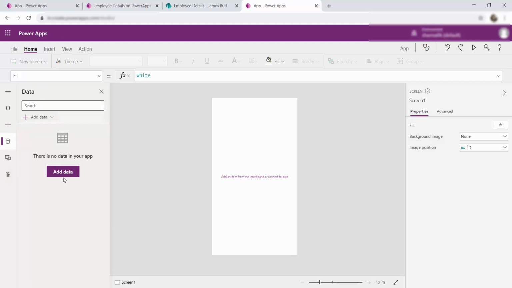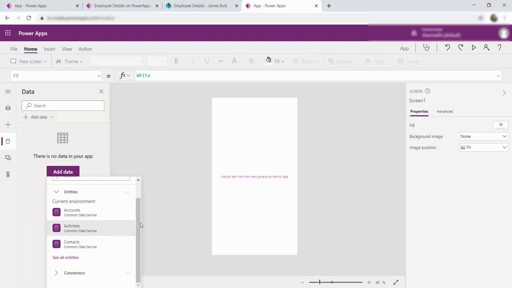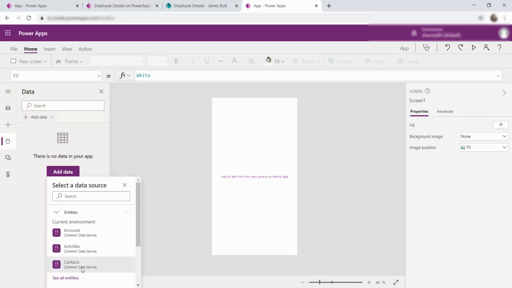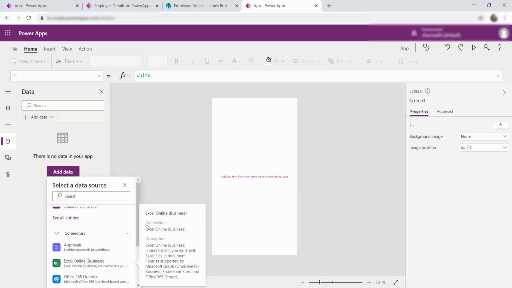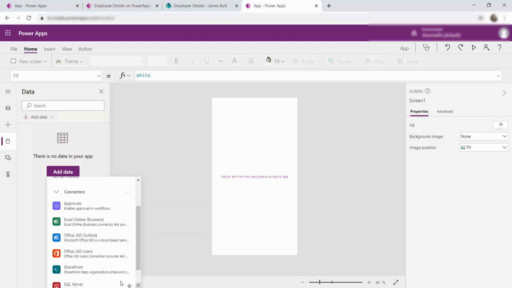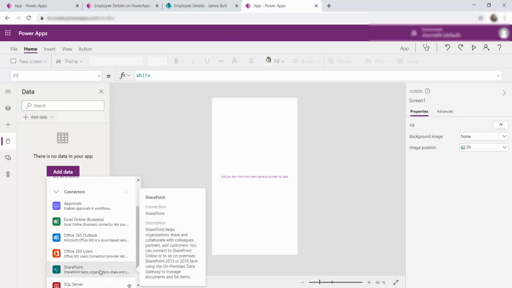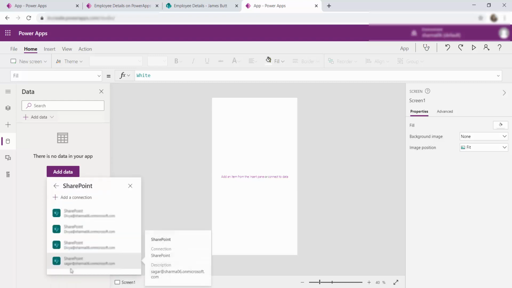In order to add data, we have to click Add Data from here, and using connectors, you can add your SharePoint list. After clicking the connectors, you have to select the data source, and when you scroll down, you will be able to see the SharePoint option over here. On clicking this, you will have the connection option.